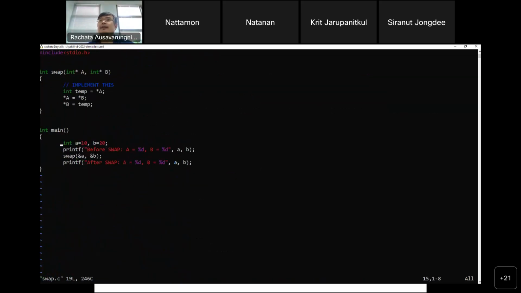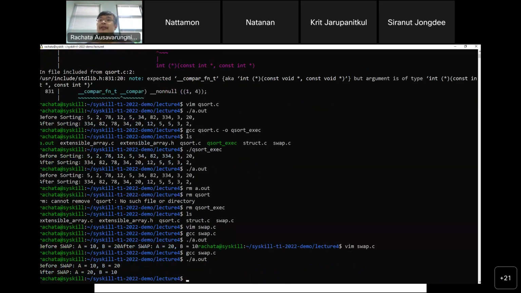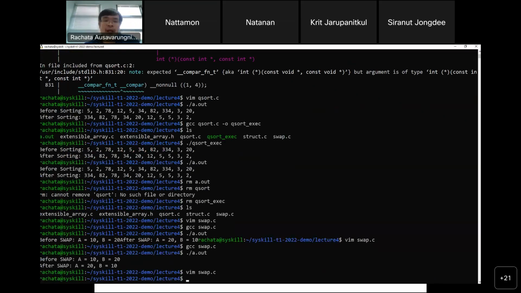Let me clean up the printing so it looks a little bit better. I add the new line in. You can now see that it does get swapped, even though my function call doesn't really return anything. So over here, I don't need int actually; I don't have to return anything. I just take in the address and fiddle around with it inside the function call. That change gets propagated to the main function because they have the legit address, so the values get swapped. So that's the second example.